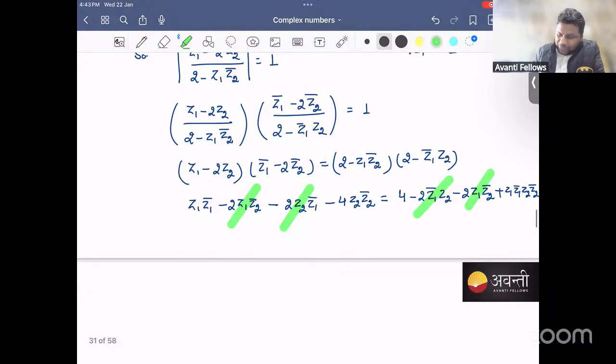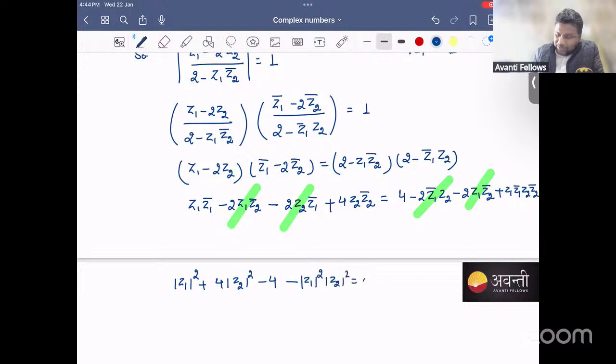Then what you are left with, this is magnitude of Z1 square minus 4 times magnitude of Z2 square minus 4, minus, this will come with the positive signs, plus this minus 4 minus Z1 magnitude square into Z2 magnitude square